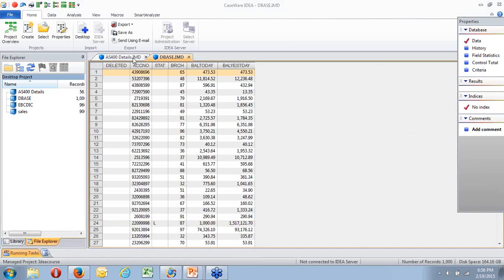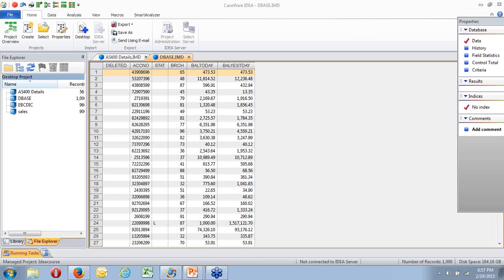Okay, the AS400 created two files, the data file and the definition file. For DBase, it all comes in on that one file, the DBF. What you're getting is the data, which is the raw data, and the metadata. Now metadata is the data about the data. So the metadata says this one is so many characters long and it's there, and it's alpha or numeric or whatever. Okay. So that's what you're getting with that.